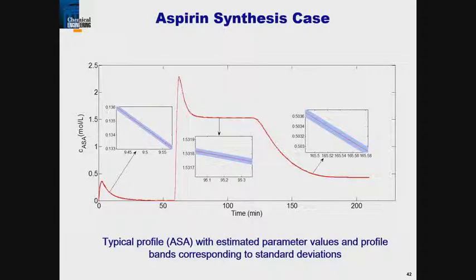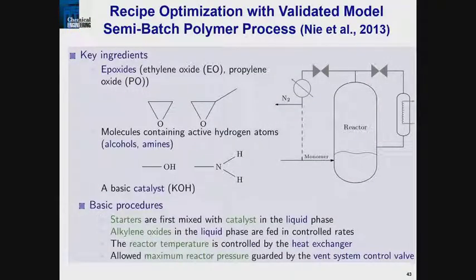Okay, good. So that was the second case study. And what I'd like to do to wind up is to talk about, first of all, the aspirin case, just to give you some idea of what the concentration profiles look like. You can see these are the error bars in the concentration profile. This is basically the production of the acetyl salicylic acid over time. And you can see how well it actually works, very small deviations on the concentration profiles.